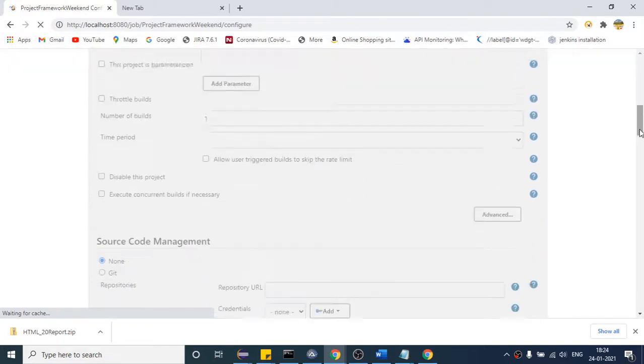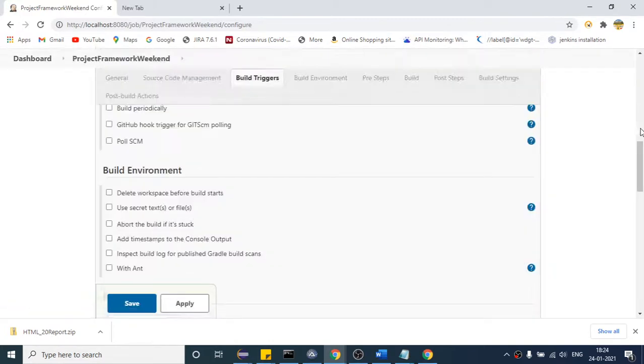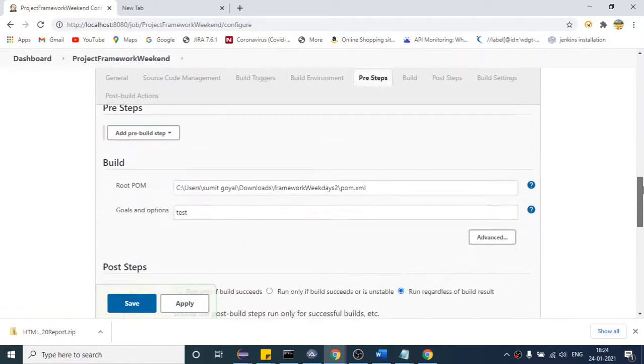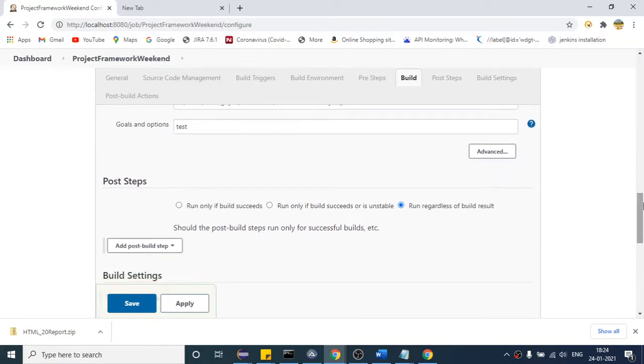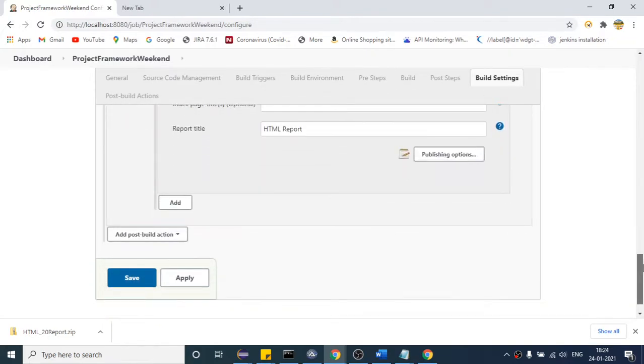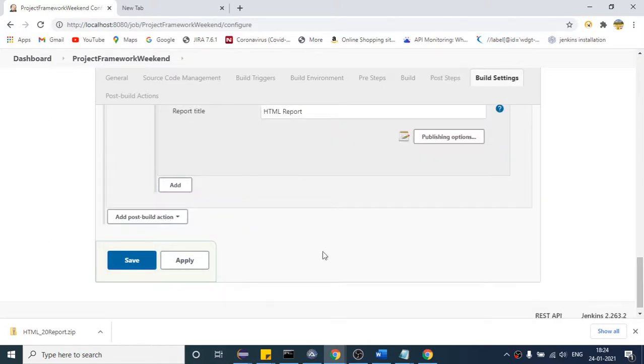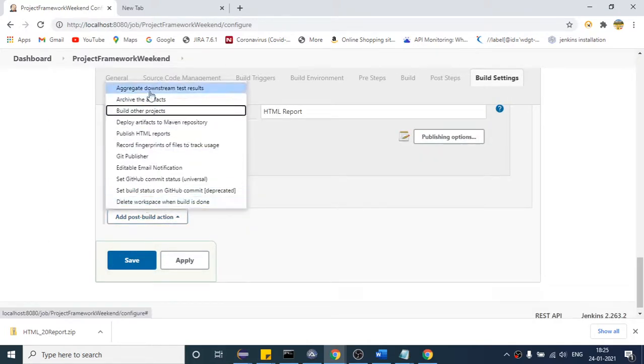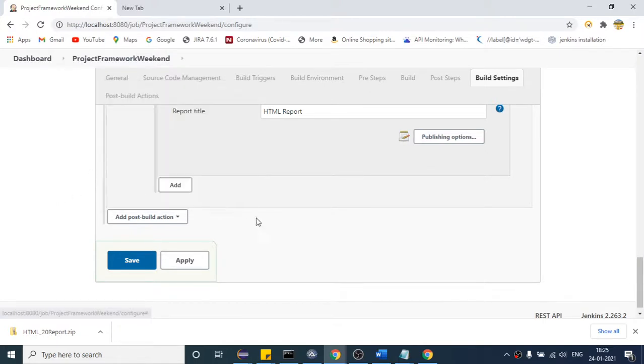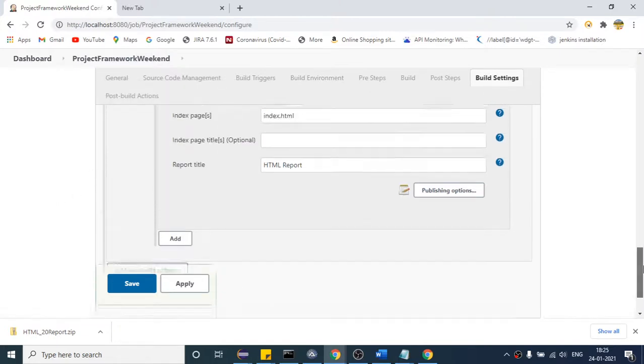Come down after setting up the email port, Gmail, everything about Gmail, and come to this. In your case, you will find this option, email notification. In my case, it is coming here. Sometimes it will come here as well, so you can check that. As of now, it is not present. That is the editable email, which we are not going to see. Just see this. That is more than sufficient, right?